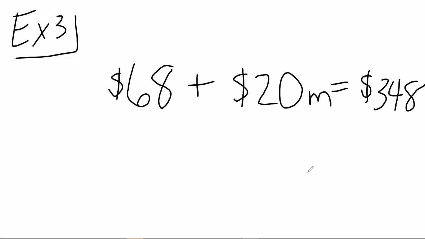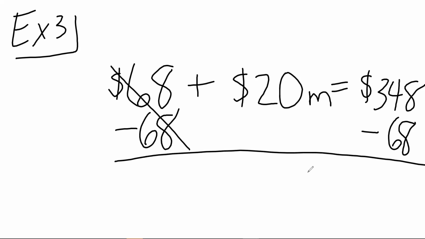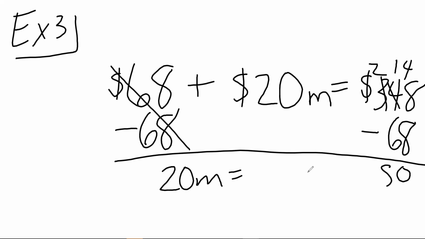So first, Madeline, what am I going to do to solve for M? Why, yes, I would. Subtract 68 from both sides. So I'm going to be left with 20M equals 348 minus 68. So 8 minus 8 is 0. Then I'm going to borrow from that 3. So 14 minus 6, we got an 8. And then bring my 2 straight down, so 28. And then I have 28 divided by,